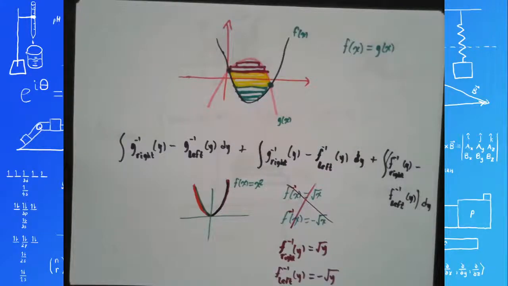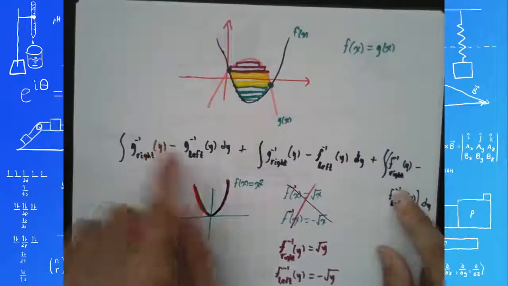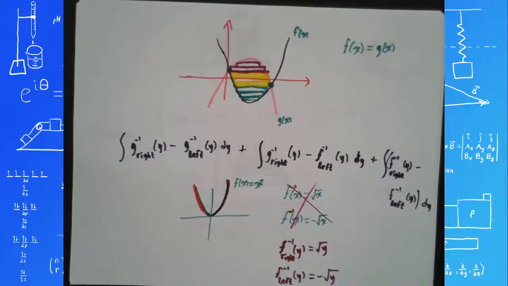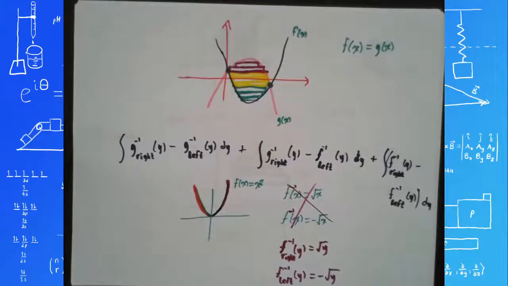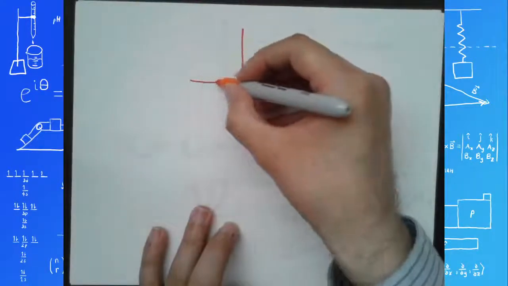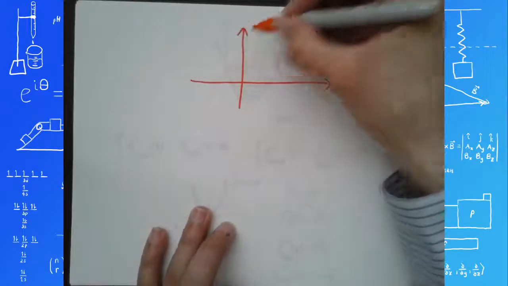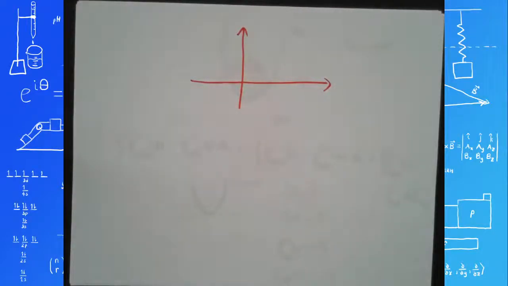There is a situation where you absolutely have to do this whole integral splitting business, which is when you have a region that is neither simple when integrated in terms of x nor in terms of y. So let me see, what would the shape of the curve be for a scenario like that? Or I should say the combination of curves. So if you had something that looked like,